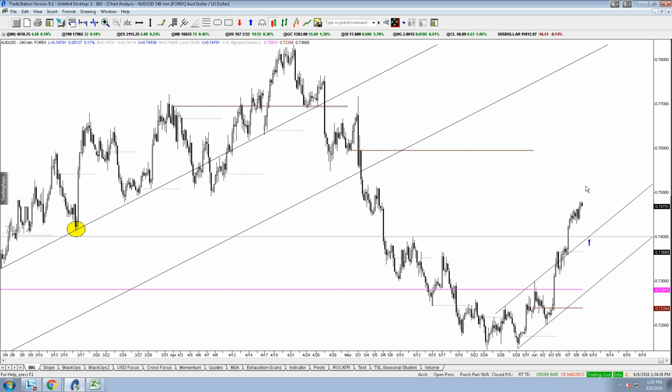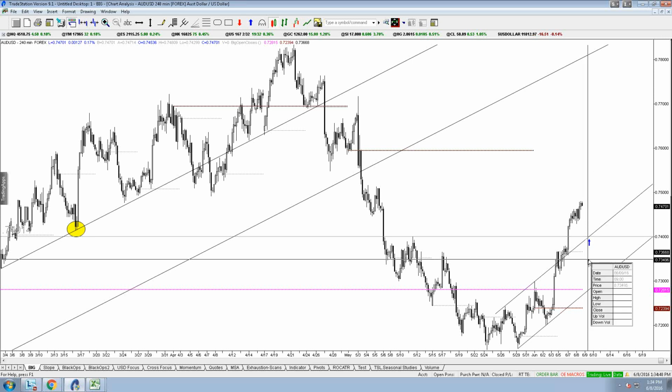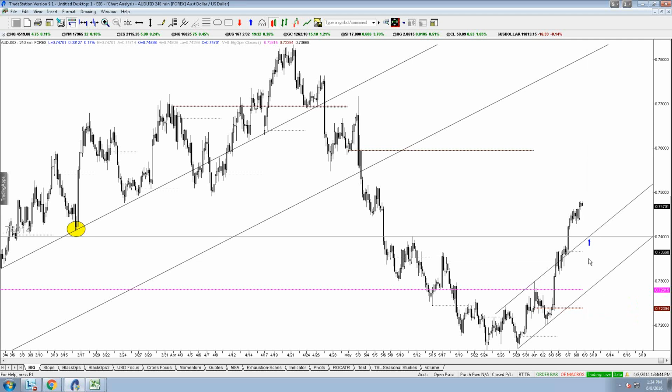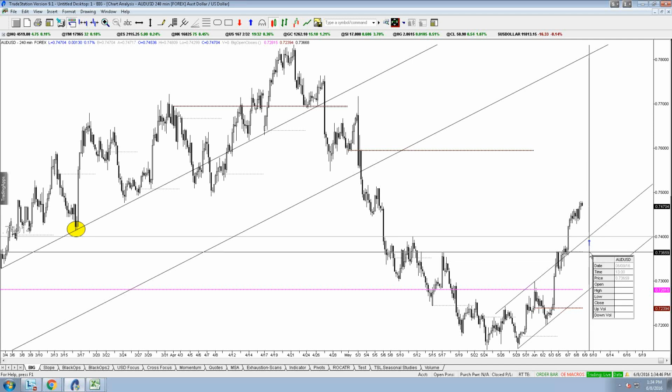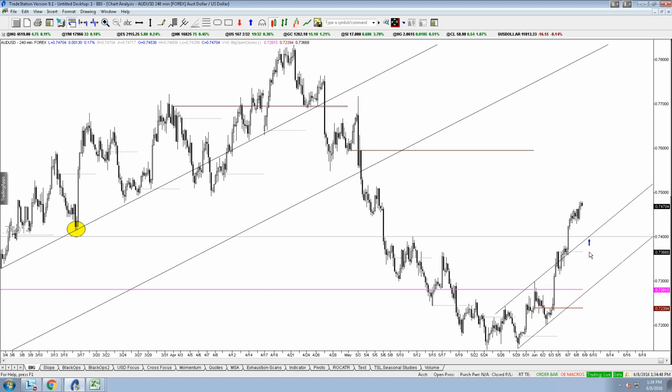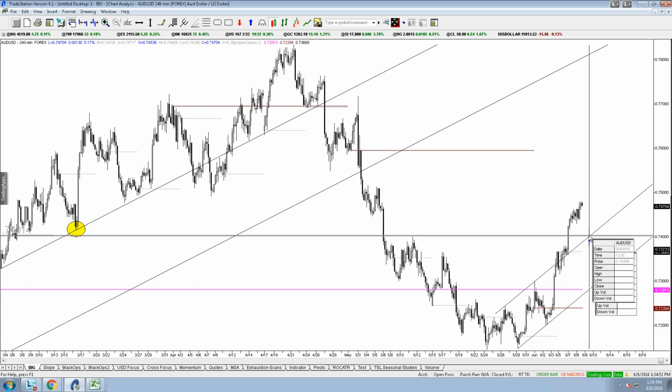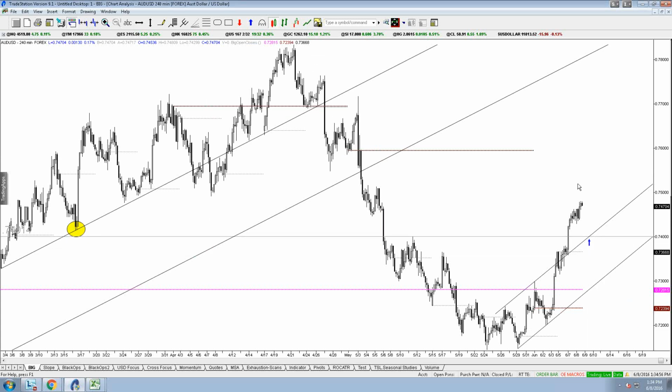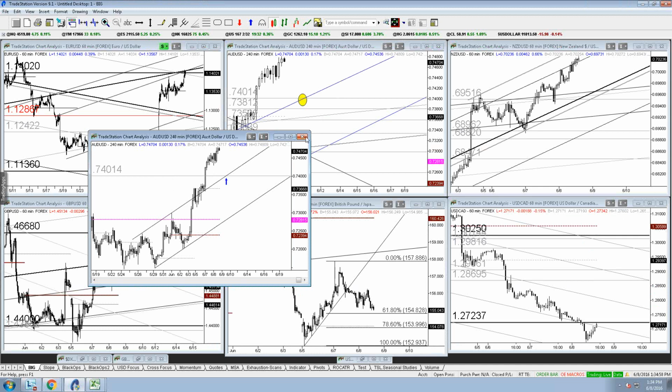Okay, look to identify the trend. In this case, I think the trend is higher based on lots of reasons, including but not limited to the level that we bottomed at, the momentum short term, the fact that you've made this channel, broken through it, and then you'd like to look for support to buy in a low risk environment. So that is Aussie in a nutshell.